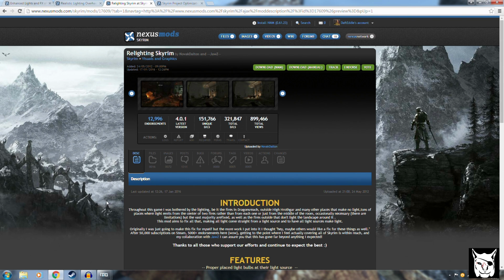Reach, outside High Hrothgar, or many other places that make no light. Tons of places where light emits from the centre of two fires rather than from each one, or just in the middle of the room. Occasionally necessary, but the vast majority are fixed, as well as the fires outside that don't light the landscape around